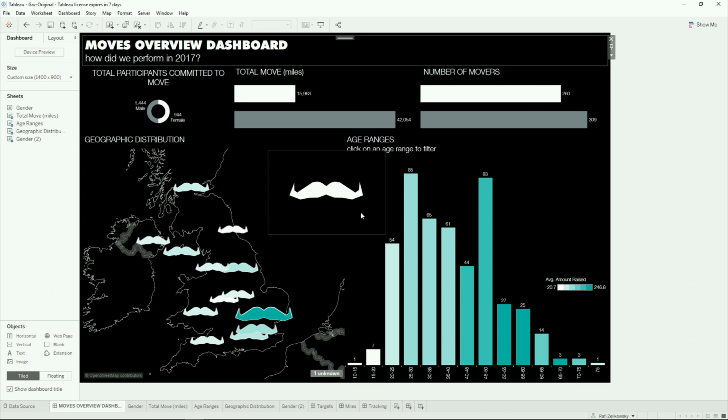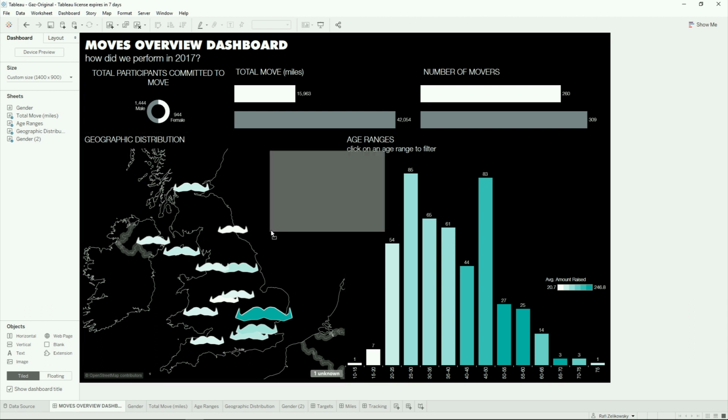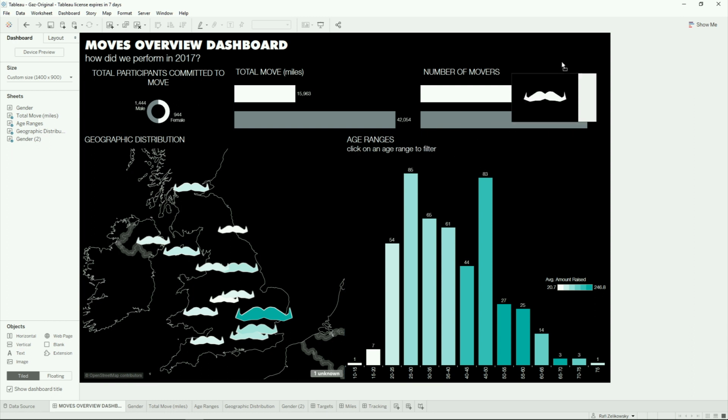Okay, I think we're looking pretty good. The last thing that we need to do is basically end where we started, which was with our nice little mustache. So I'm going to go ahead and decide where I want this to go. I'll just put this kind of in the top right corner of our viz. And there we go. In about 10 to 15 minutes, we were able to create our corporate standard.